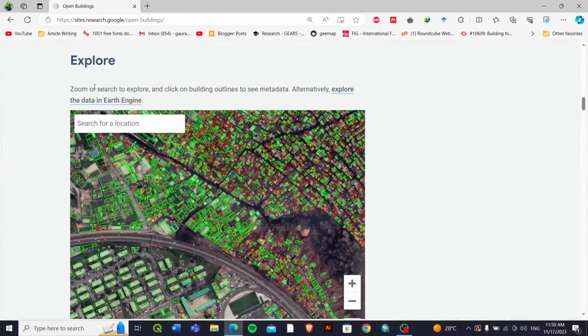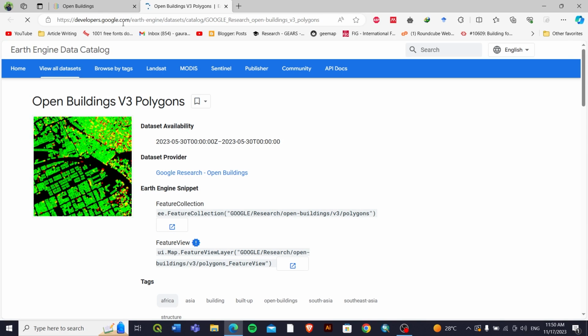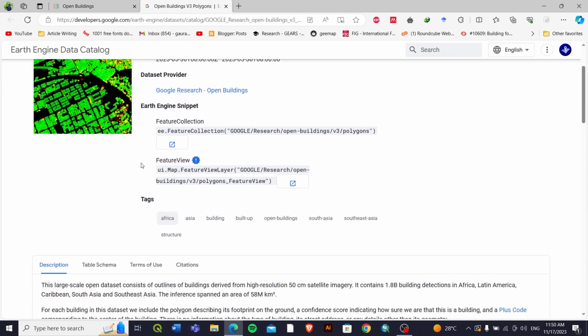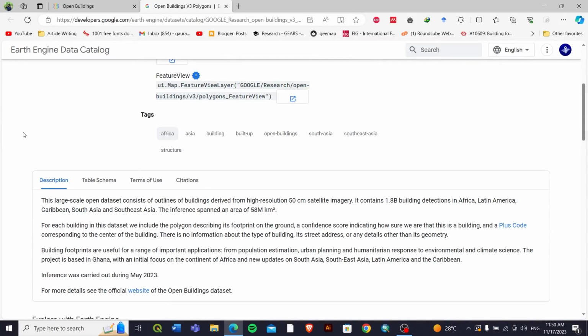Here it's a zoom-in search to explore the buildings, and alternatively you can explore in Google Earth Engine. So let's go to Google Earth Engine. I'll give this link in the description as well. And when you go to this, you can see developers.google.com, and you can see the description of the